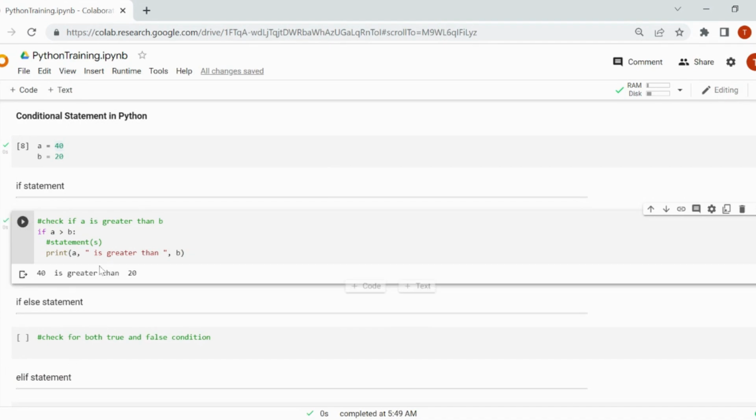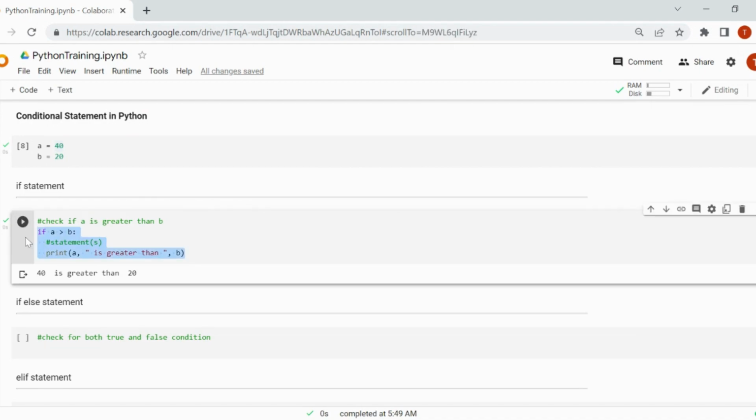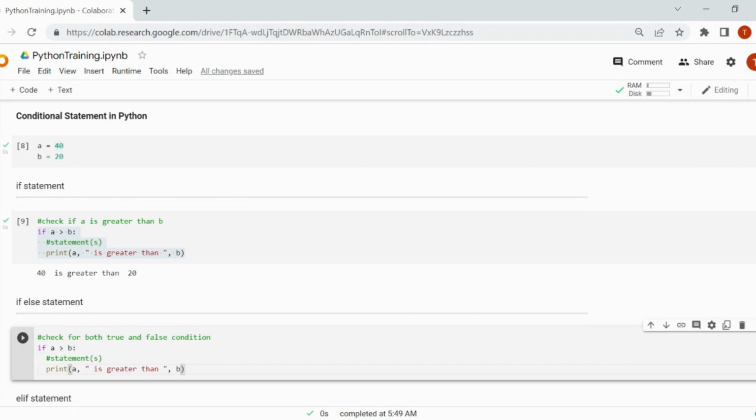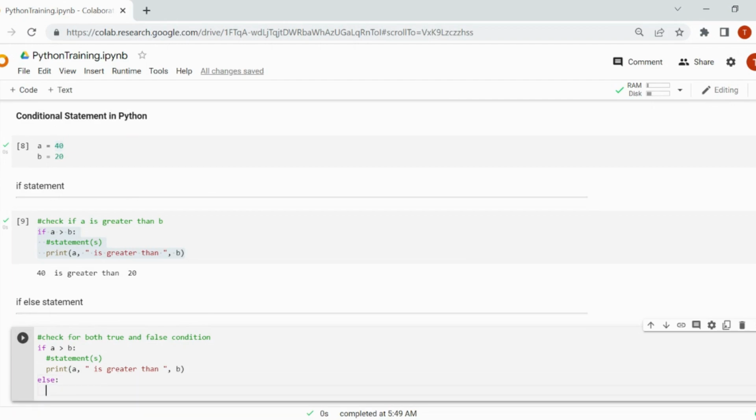One thing you notice is this is not checking for the other way around. What if it's actually not greater than? That is what is going to lead us into the second aspect, which is the if else statement. For the if else statement, you can actually check for these two conditions. So I'm going to just copy this and paste it here. I want to check for the other aspect of the condition. I'll say else, print